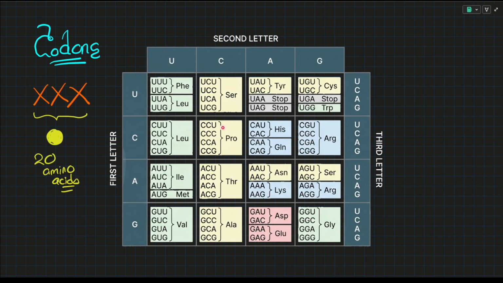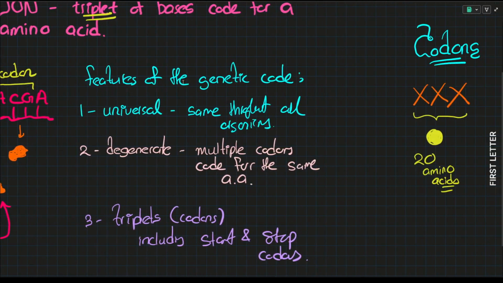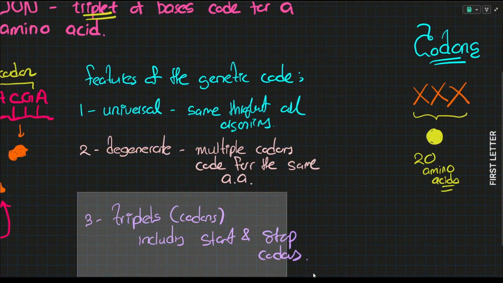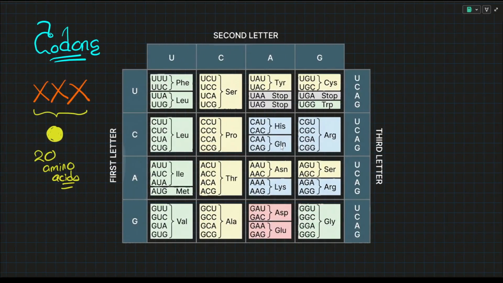Now, do you see, we just talked about how the genetic code was first universal, obviously, and then we talked about the degeneracy of the genetic code. That would look something like this. Now, let's take proline, PRO. PRO stands for proline, okay? This is an amino acid. You don't have to at any point memorize all the amino acids. You don't have to memorize the codons, okay? Don't try memorizing all the codons.